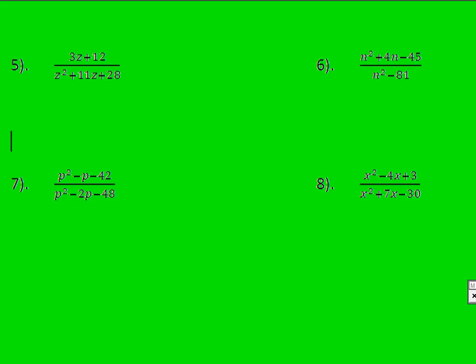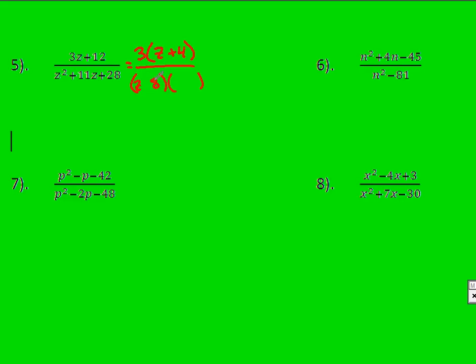Alright, next set. For the numerator, 2 terms, I can factor out a 3 from both of them, which leaves me with z plus 4. On the bottom, now we're looking into some trinomials. What multiplies to 28 and adds to 11? Well, that's going to be